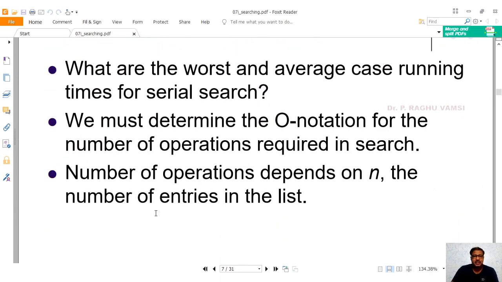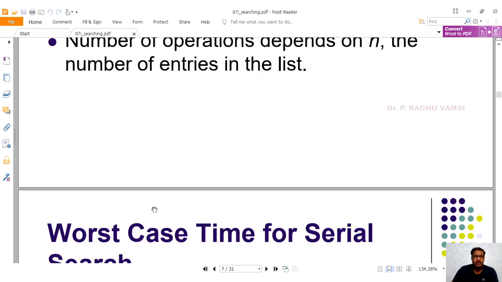If you look at the serial search analysis, what are the worst and average case running times of the serial search? We must determine the order notation for the number of operations required in the search. As I discussed in the previous slides, the complexity will be order of n.